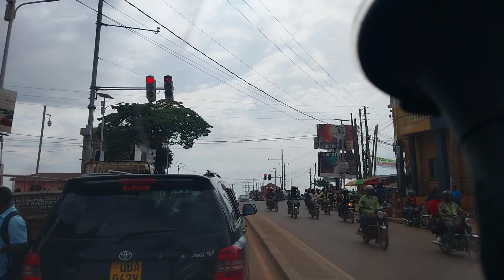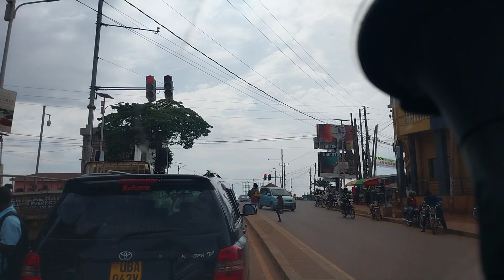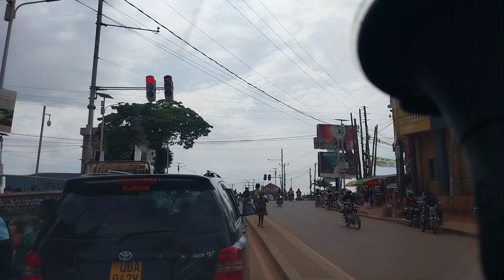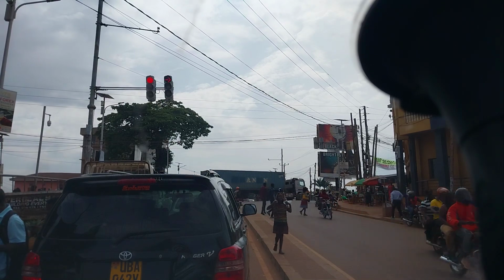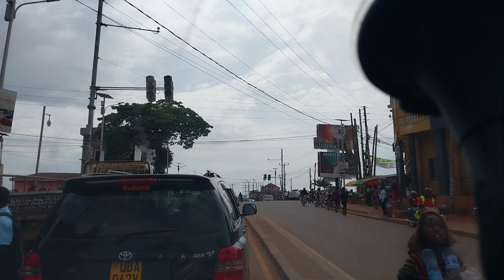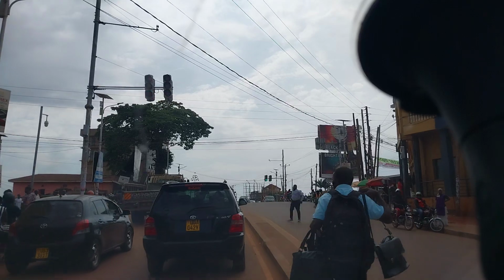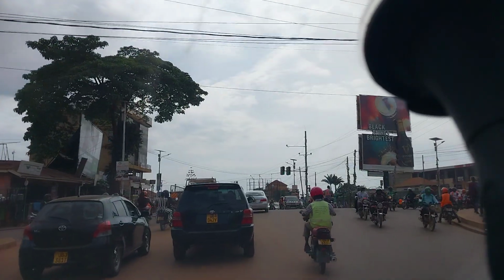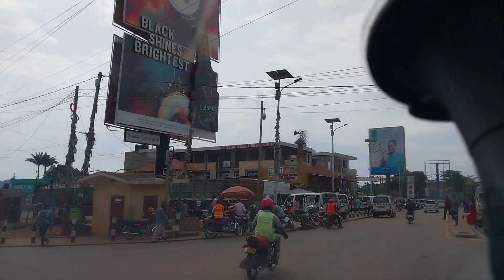On the left too, I mentioned that you can connect to Kisasi and proceed over the flyover at Northern Bypass onto Sasi, Lindo, and all those other parts of Kira from there. But before they improved this section, you must remember that there were no traffic lights here previously, and it used to be a nightmare. So from time to time, we certainly welcome these improvements, because they add value to traffic flow within the city,